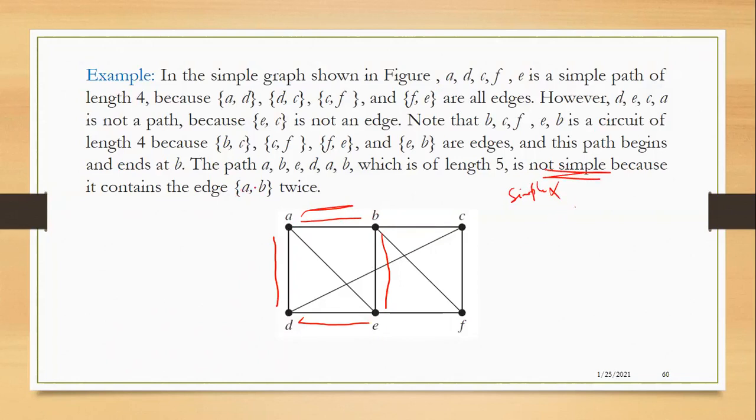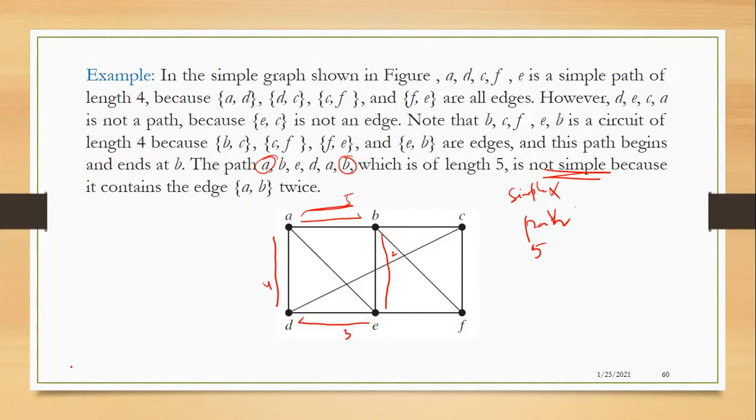After that, is it a path or a circuit? It is a path because it is starting at A and ending at B. So it is a path. And also, what is the length? We are starting from AB actually. So this will be 1, 2, 3, 4, and 5. So the length is 5. And if you notice, we are counting AB twice because we are traversing through the AB edge twice. So we have to count it twice.